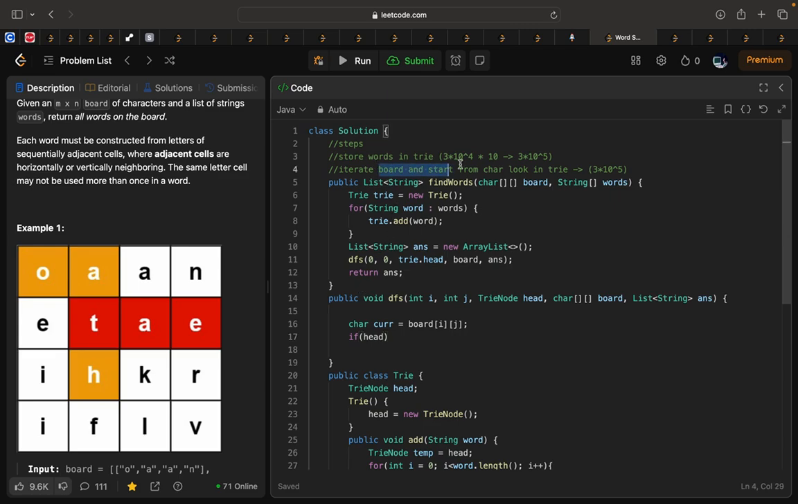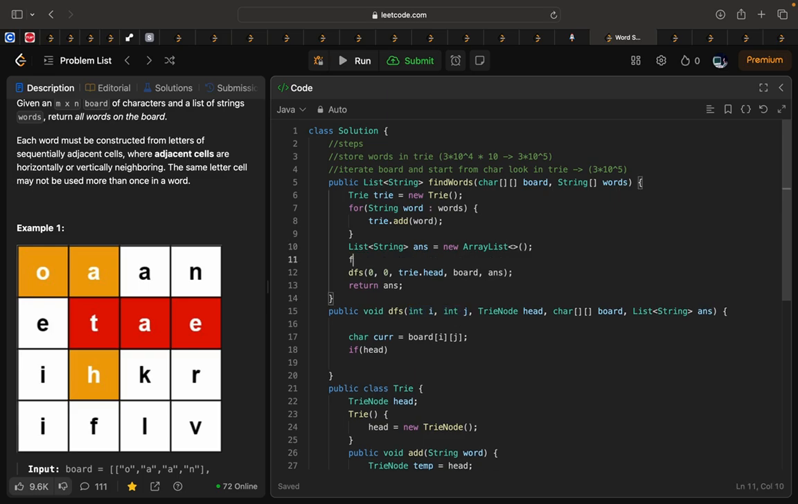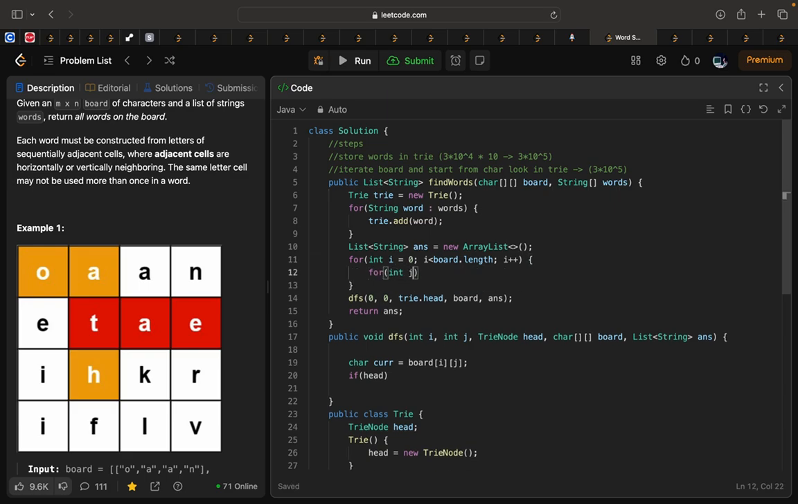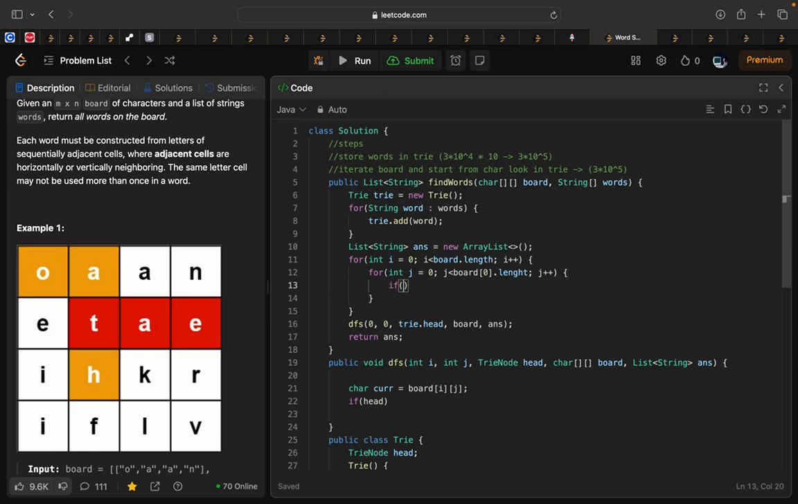We need to iterate the board and start from every character which is present in the trie. So instead of doing this, what we can do is iterate our board. For int i equals 0, i less than board dot length, i plus plus, and for int j equals 0 and j less than board 0 dot length, j plus plus. We can check